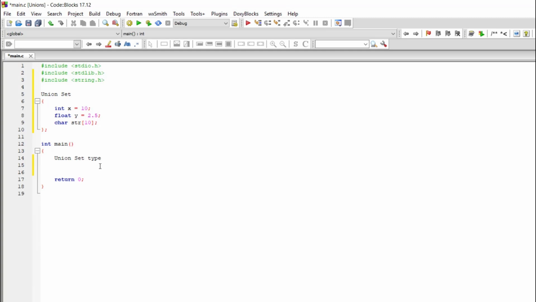In order for us to print these out, they are in one memory location of type. So I assign type to this, and I'm going to use type to print them out. Because I want to access the members of this union of this type, I'm going to use the period. So I'm going to put type dot x for the integer variable is equal to